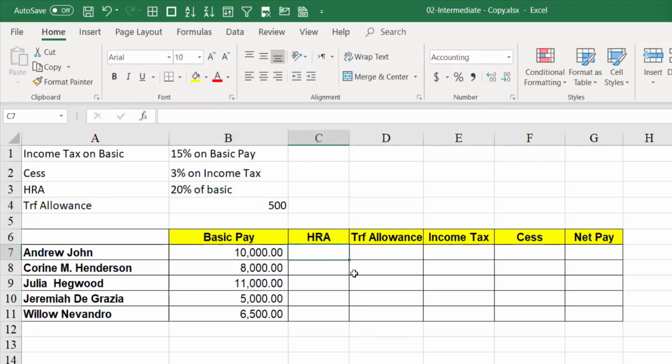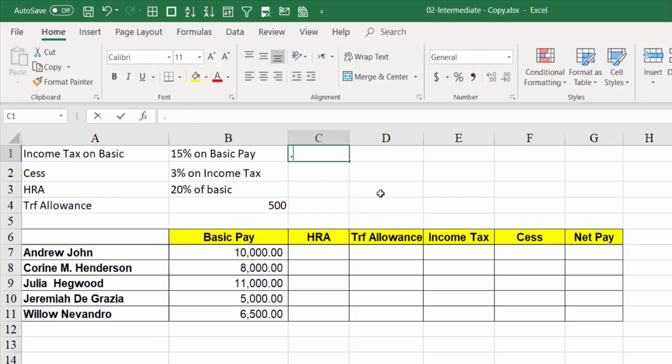So let us put the formula here. Equals HRA is, so before that we'll do one thing. Because here we can refer to 20% and multiply by basic, but again if there is a change, you have to go and change the formulas again. For that, what I suggest is put the percentage here. This has text as well as the number, so you can't really refer to it in your formula. So we'll just put the number here.